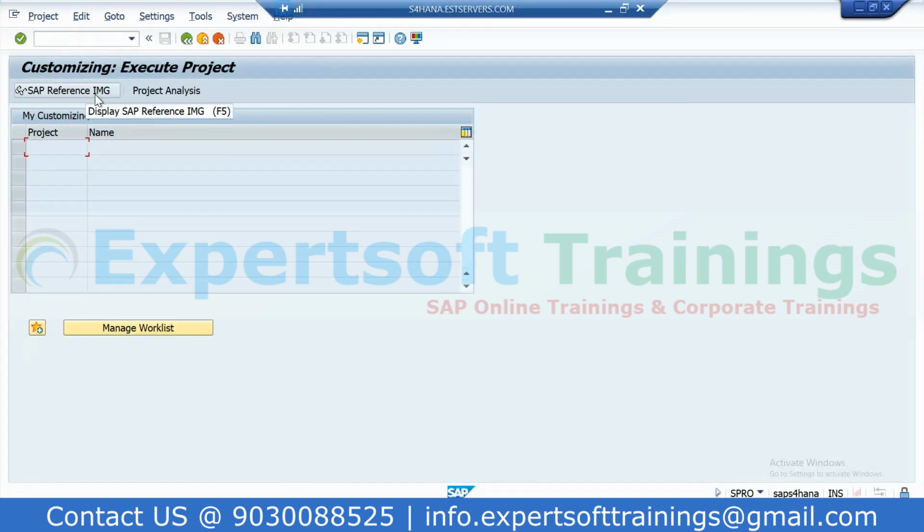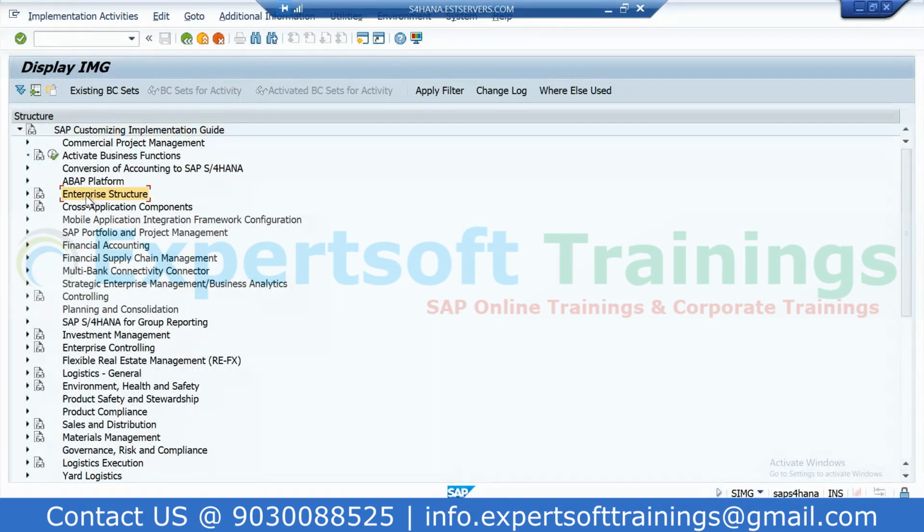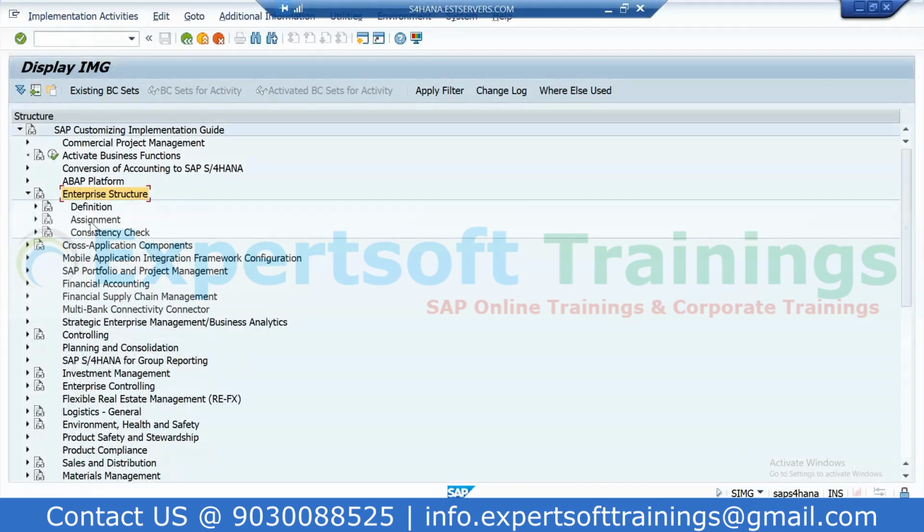IMG stands for Implementation Guide. Click on it, then select Enterprise Structure and open the node. In this, select Definition because we want to define the company code. Again, open the node, and if you want to read some more documentation, there is a page with a spec icon.